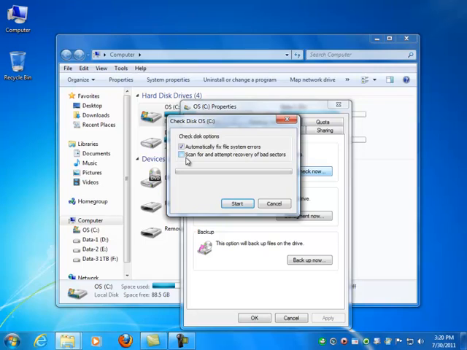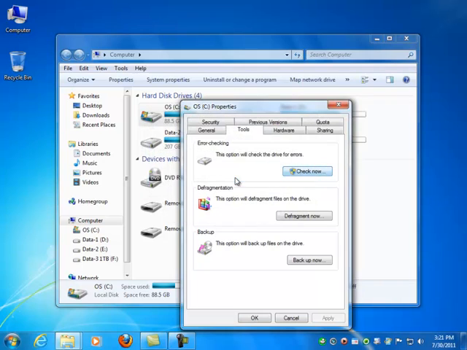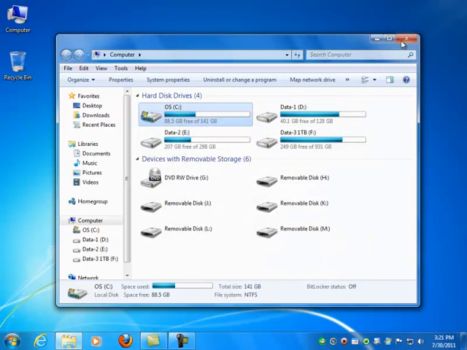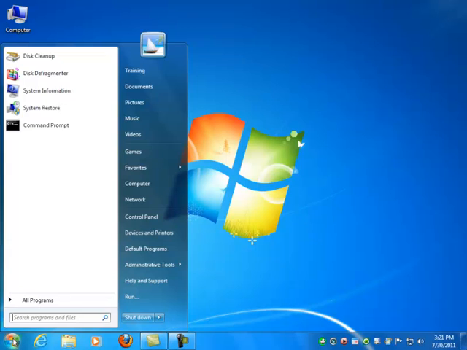Now, if you want to do the full test, scan for and attempt to recover bad sectors, check that box, and then click Start. Again, it can't check the drive while it's in use, so it can only schedule it. And that's it. You can go on and use your computer as normal, but the next time you restart, I'm not going to do it now,